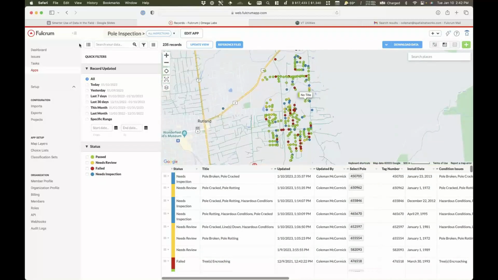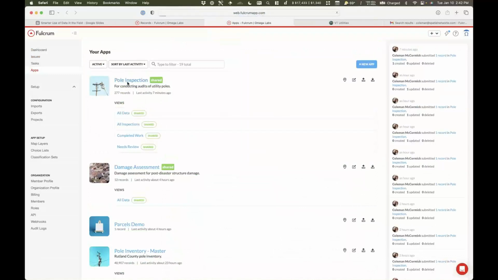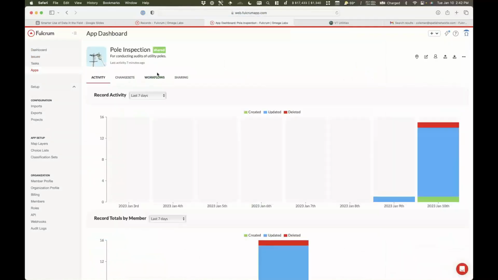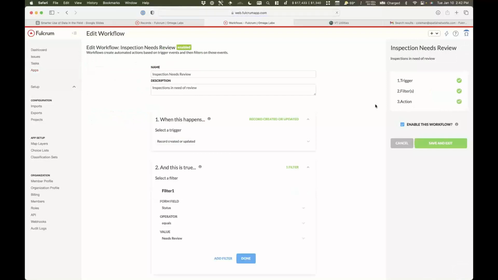With workflows, I'll pull this up here to show you how this is configured. At the app level, each app can have its own workflow rules configured. I've got one set up here called inspection needs review. This runs every time an inspection is marked with the status needs review, this workflow will trigger. So if I open up this configuration here,